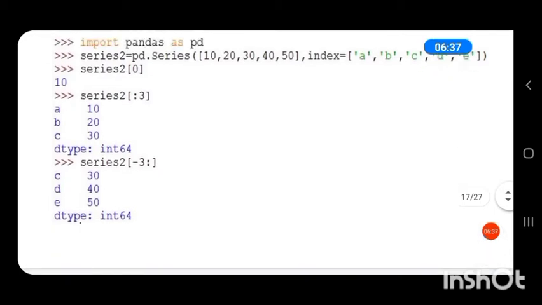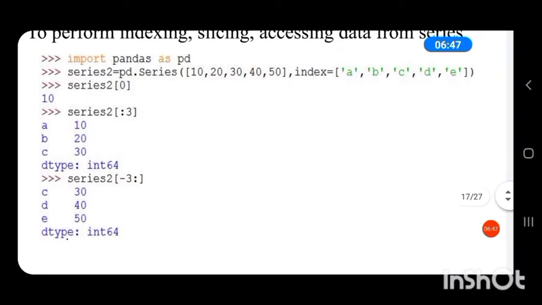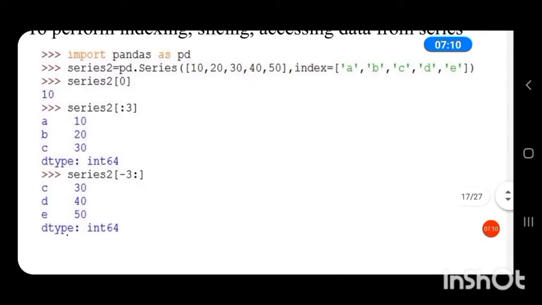Consider the next slice, series 2 in square brackets minus 3 colon. The start position is given but the ending position is not given. Since it is minus 3, it will consider from the reverse order. So it will take the last three values of the series.